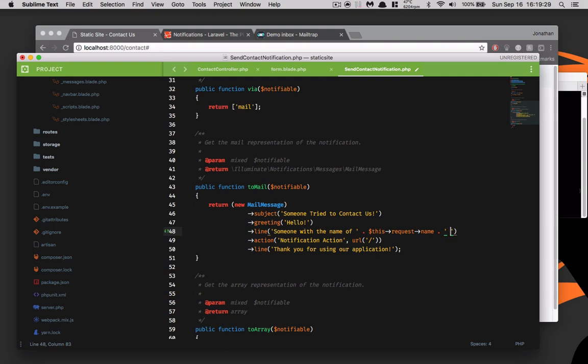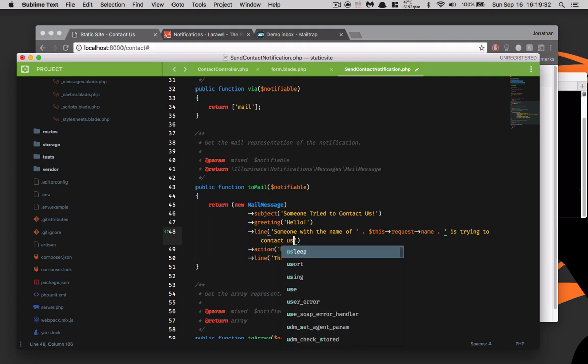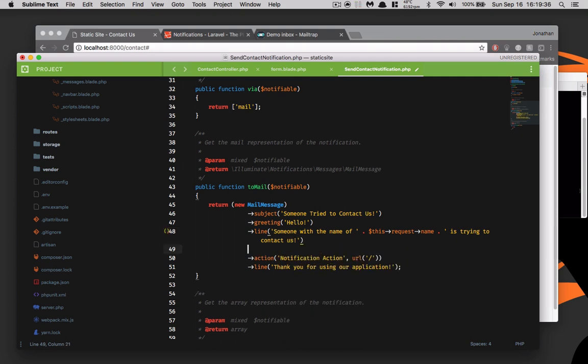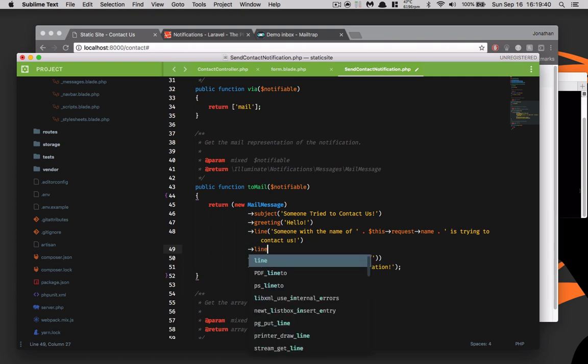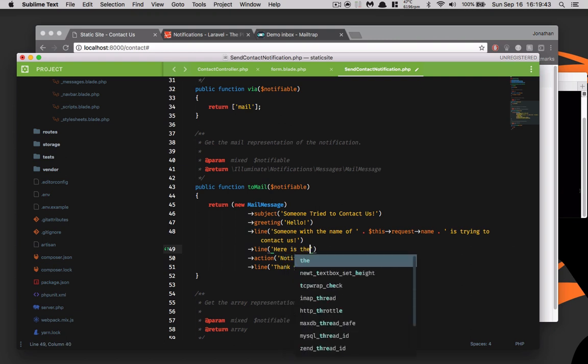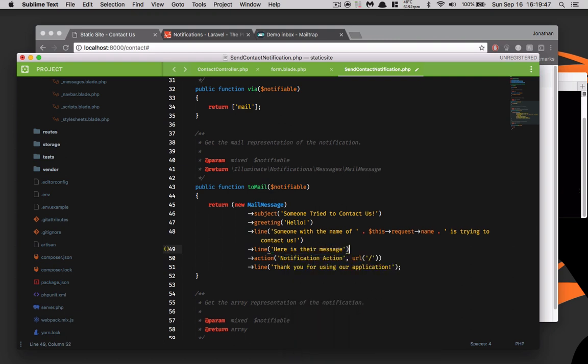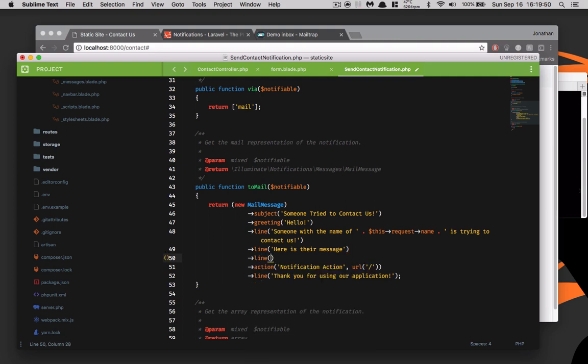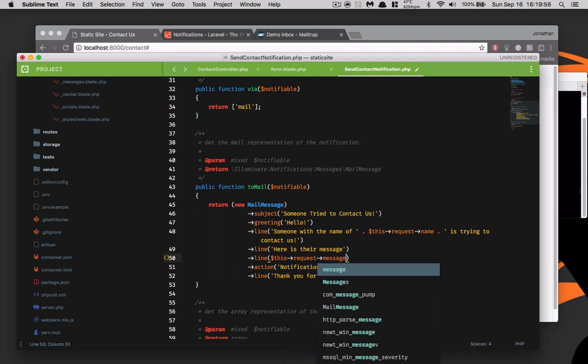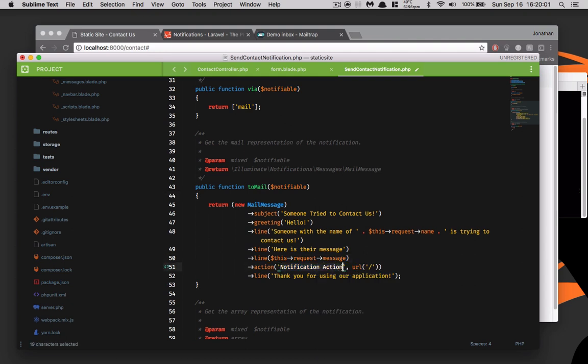and then is trying to contact us. And then we are going to put another line that says, here is their message. And we'll put another line, and that will be this request message. And then we are going to make this action reply, and then it's going to be a URL of mailto. Everybody should know this from the anchor tag for HTML. And then we are going to also concatenate on this request